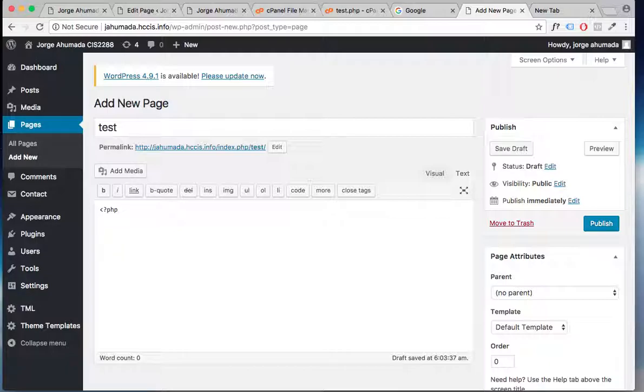So we're going to give it a try with just a simple hello world. Then we click on publish,